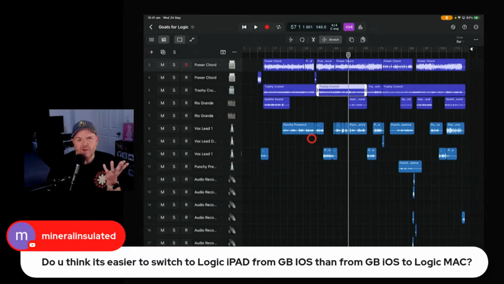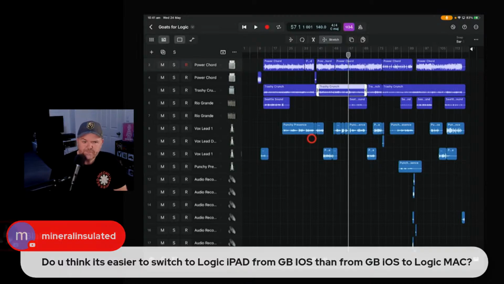It's not that people that use GarageBand Mac or Logic Mac aren't going to be able to pick it up. In fact, they're going to know a lot more things. They're going to know more about things like the Drum Machine Designer. They're going to know more about a lot of the plugins and how to use them more effectively than I am, because I haven't had access to them. But in terms of your basic navigation, I think if you've been using an iOS option, then you're going to be golden.